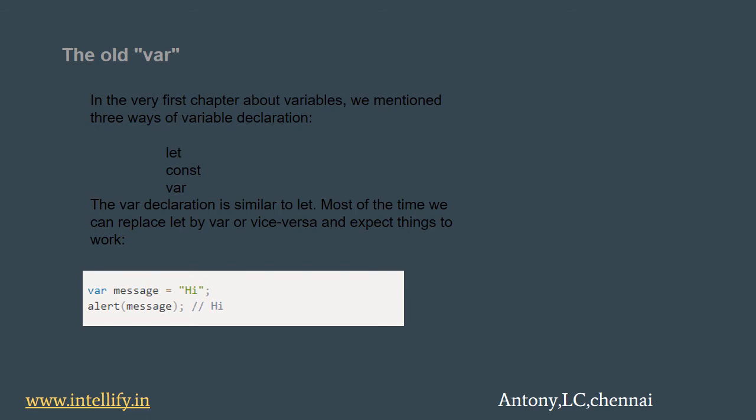On the other hand, it is important to understand the differences when migrating old scripts from var to let, to avoid odd errors. Var has no block scope. Variables declared with var are either function-wide or global. They are visible through blocks. Var also tolerates redeclaration. If we declare the same variable with let twice in the same scope, that becomes an error, but it's not the case with var.